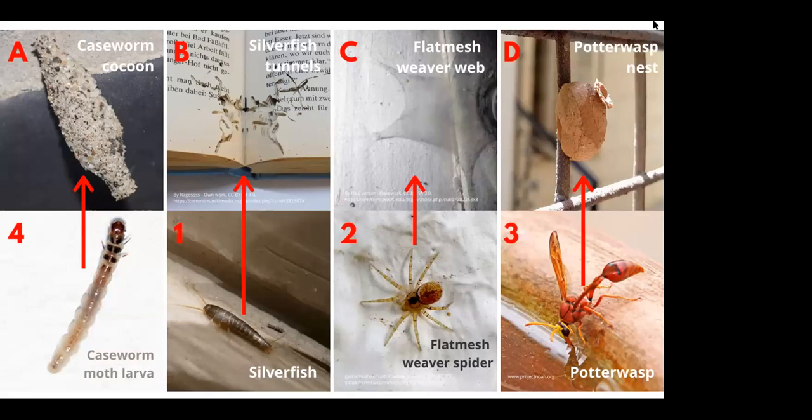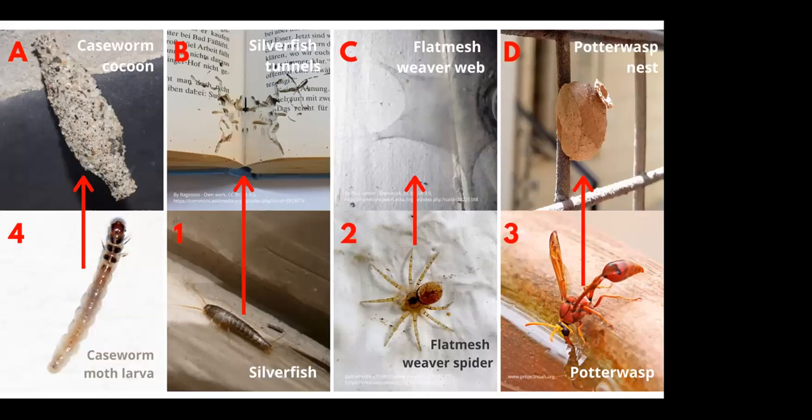If you can see the hole here, it's on the top of the nest, and there she lays her eggs, and the eggs grow and hatch inside this nursery, and then later when they've matured and grown up, they come out of the nest. Now, something very interesting about potter wasps is that they feed their babies live food.